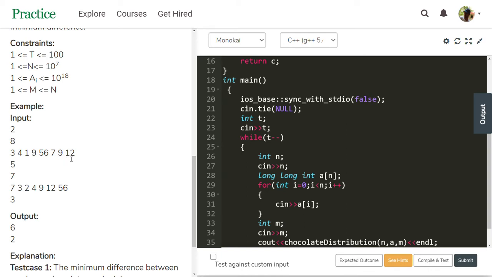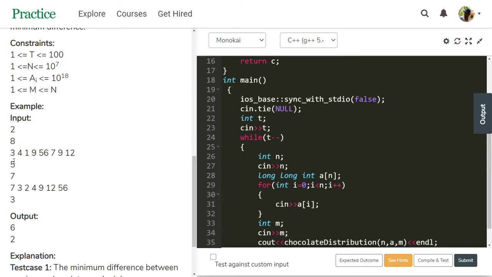Then take the maximum minus minimum chocolates difference: 9 minus 1 is 8. Then remove the 1 and add this 9. The subarray is 3, 4, 7, 9, 9. The maximum is 9, and 9 minus 3 is 6. Compared to the previous one, 6 is less than 8. Then take the 6 and check the next one.